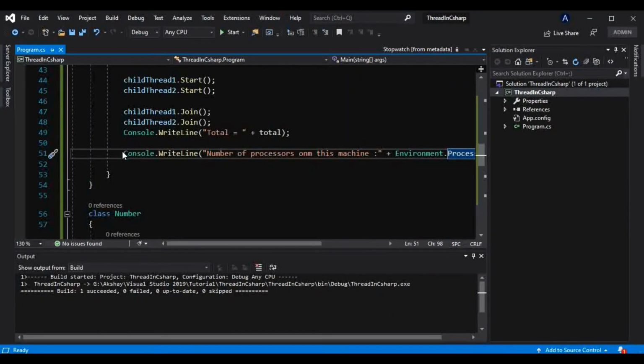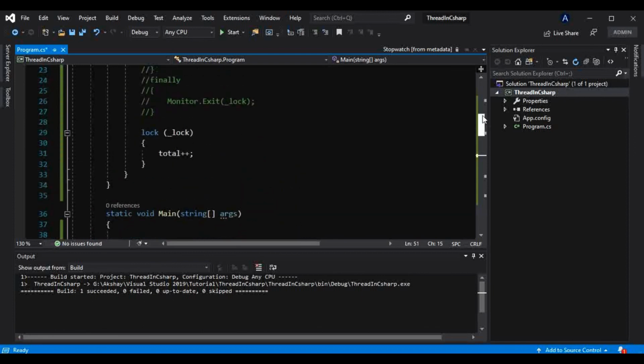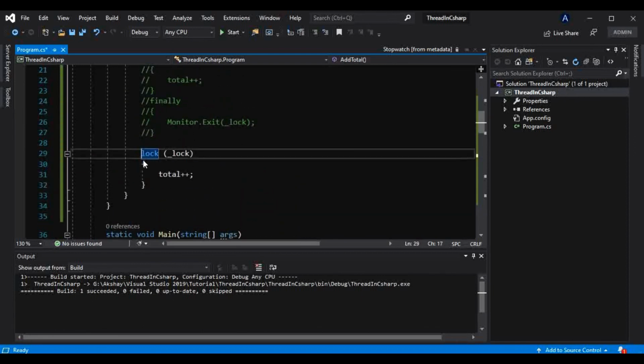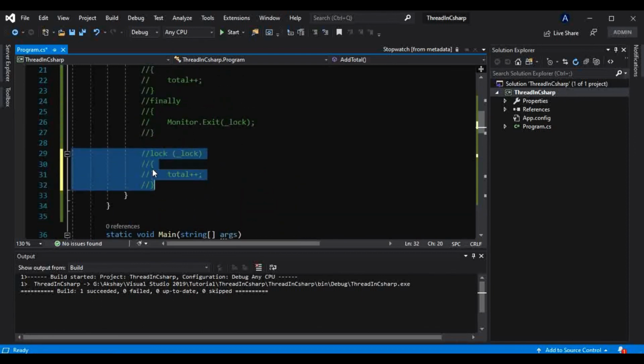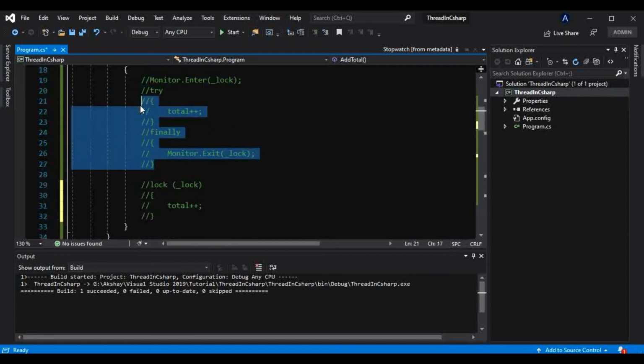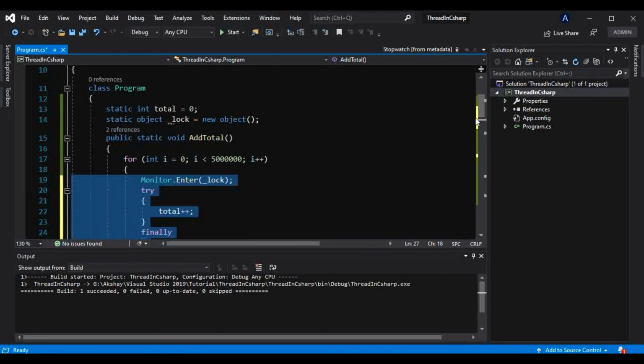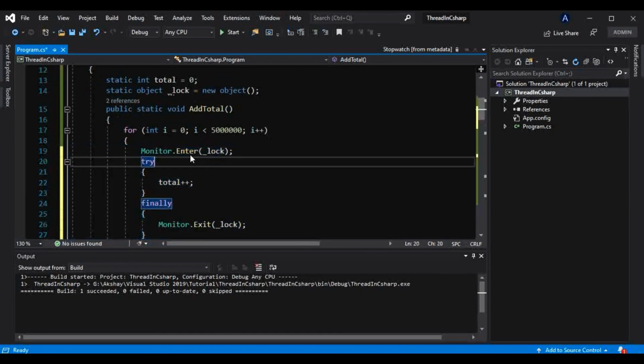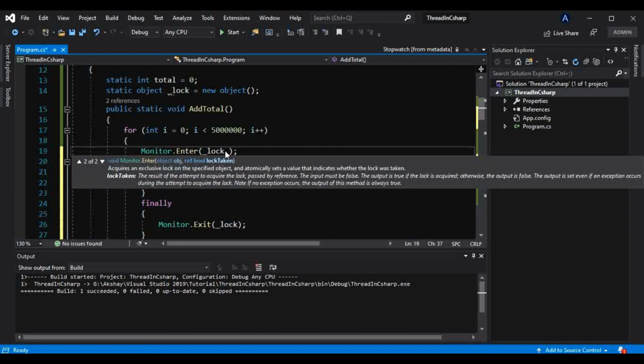So now let me just comment this, and let me comment this as well, and I will uncomment this. Okay, as I have mentioned on that slide, this has several overloaded versions. If you see in the IntelliSense, it is also taking a lockTaken parameter which is a bool.